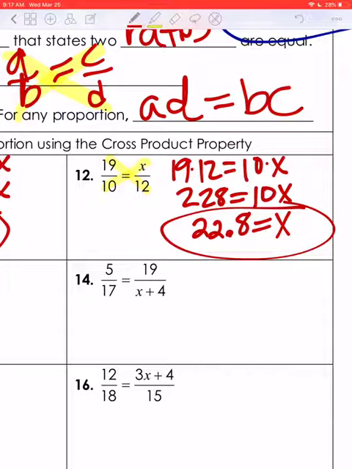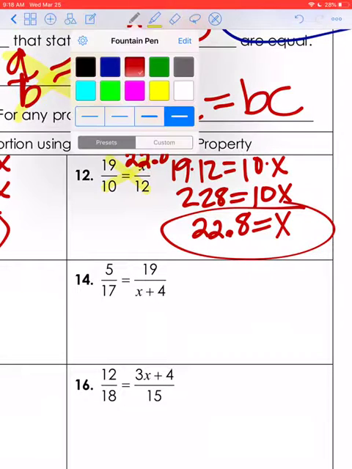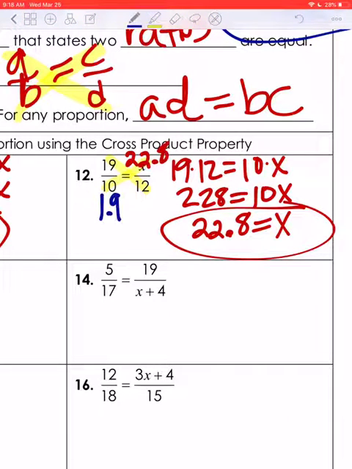Okay, and another way to check your work, I know we have a decimal, but you could plug in 19 divided by 10 and see what decimal you get. This is another way to check your answer. So 19 divided by 10, that would give me 1.9. Okay, and if I did 22.8 divided by 12, I also get 1.9. So that's another way to check your work. If you plug in the value and then make sure the decimal is the same on both sides of the